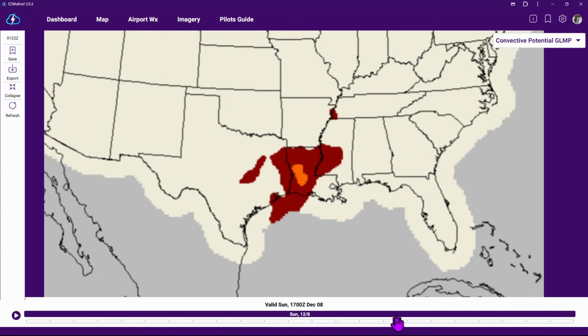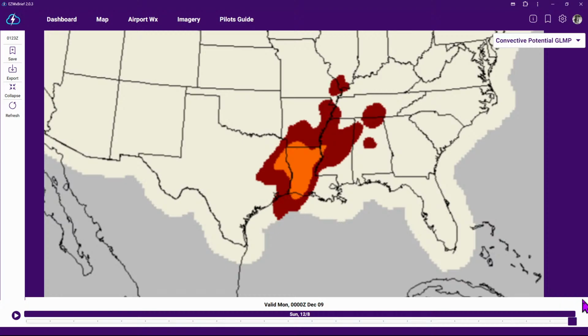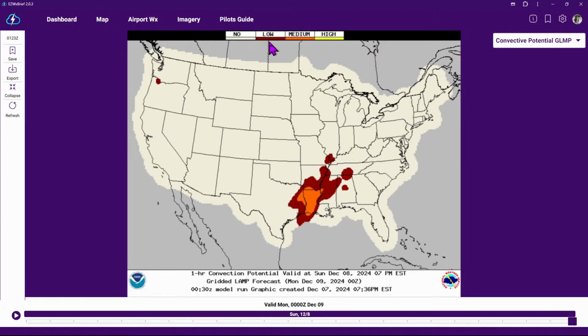parts of Louisiana here, and most of it stays to the south in terms of that overall convective potential before it eventually starts to work its way gradually up to the north and east with time. So most of that convection along our route will probably likely happen. And this red area here, I know, red, you'd think that would be the worst, but it's considered low convective potential. And in the EZWxBrief Progressive Web App, we do something very similar for the departure advisor and